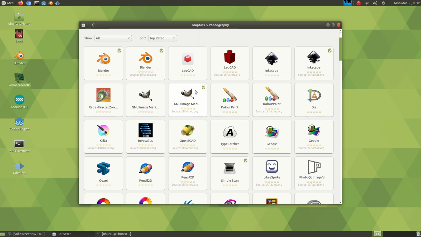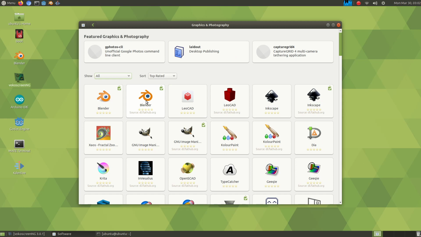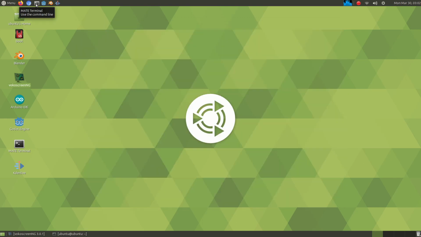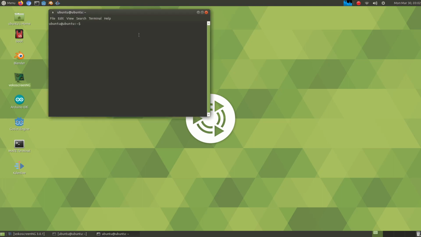And then another method of installing apps or applications is just with the terminal. A lot of applications will actually install with the terminal. I'm not going to go over every single one that will install with the terminal, but a lot of them will. So if you just go sudo apt